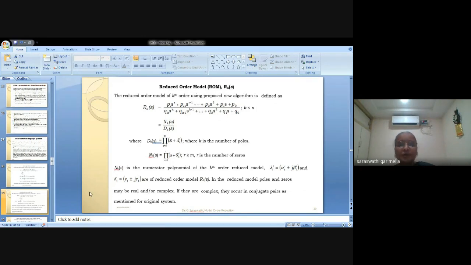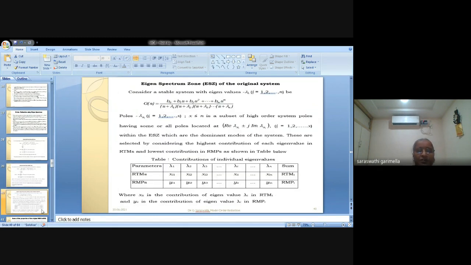And for the reduced order model, if we consider the kth reduced order model, k is less than n, that is what we are considering. K equal to n means we will get the original only, no doubt about it. So Nk by Dk: Dk is this and Nk is this, where the dash denotes the denominator and numerator of the reduced model. There I wrote lambda i, here I wrote lambda i dash. So the reduced model may have real or complex poles, and if I take complex, they will occur in conjugate pairs. This we are defining.